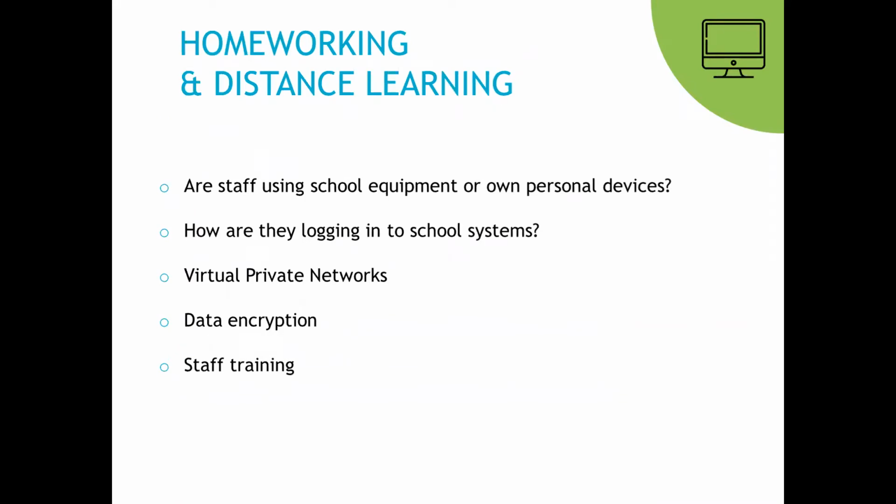That last point brings us on to home working and distance learning. Are your staff, whilst working from home, using the school's equipment or their own personal devices? With school equipment, you can ensure all the correct and safe software is in place and that they can't access inappropriate sites. It's harder with staff using their own personal devices as you can't easily control what they have on them. But you can control how they access a school network through secure channels and prevent them from downloading documents